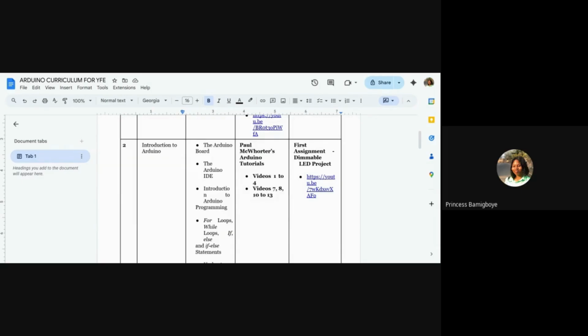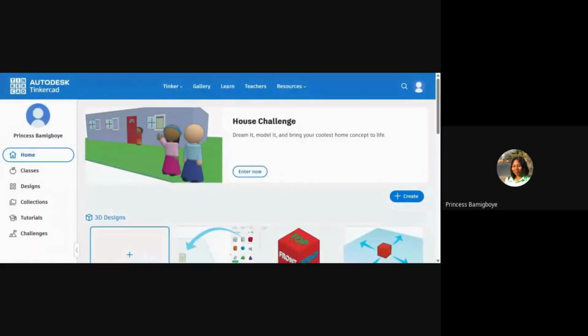So is Arduino embedded systems? I believe so. Does it cover the deep things? It covers a good number of things, yes, in terms of basics and fundamentals.